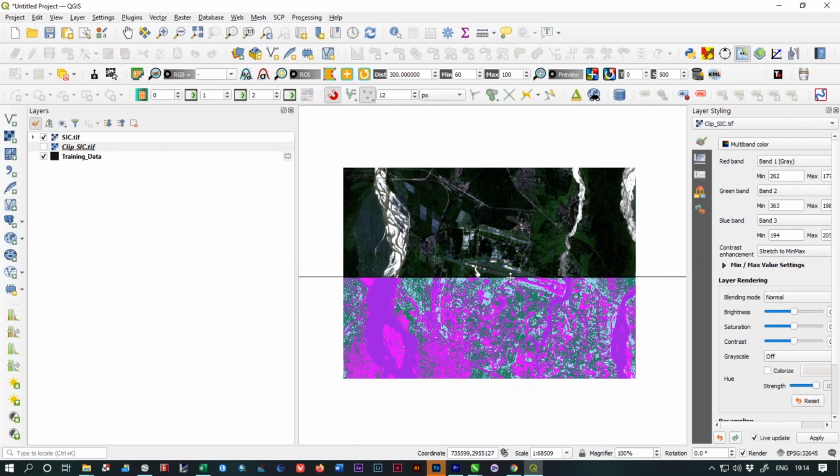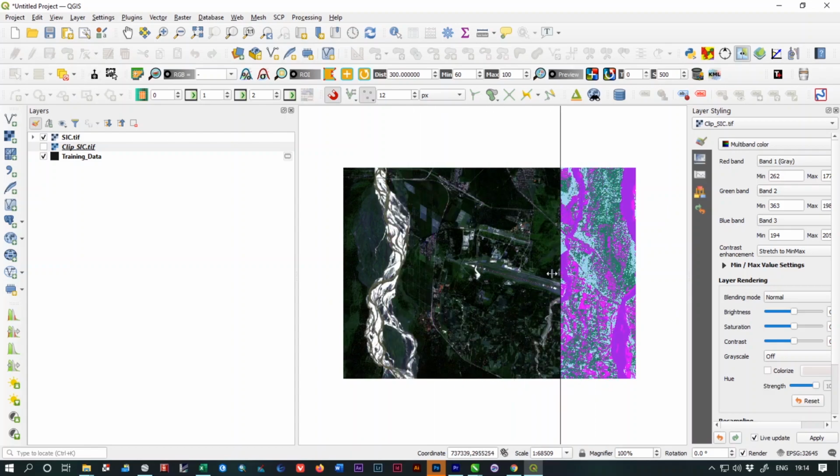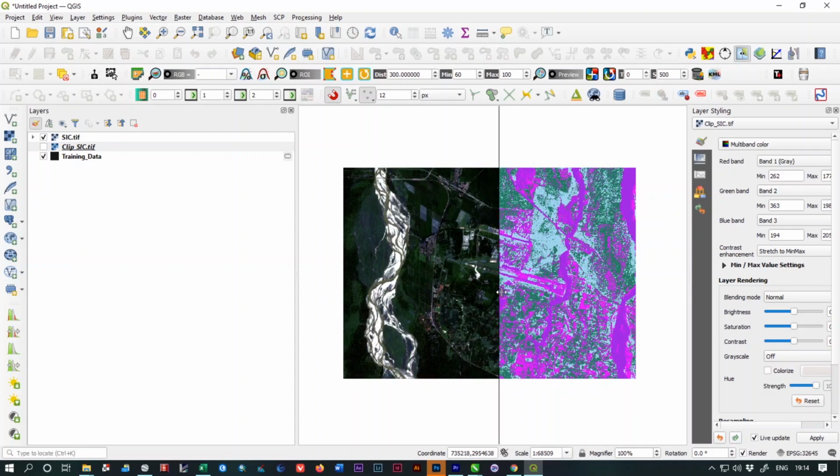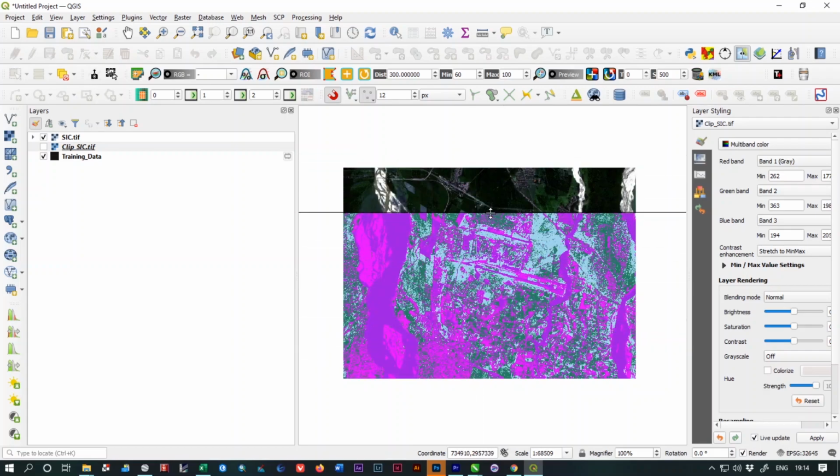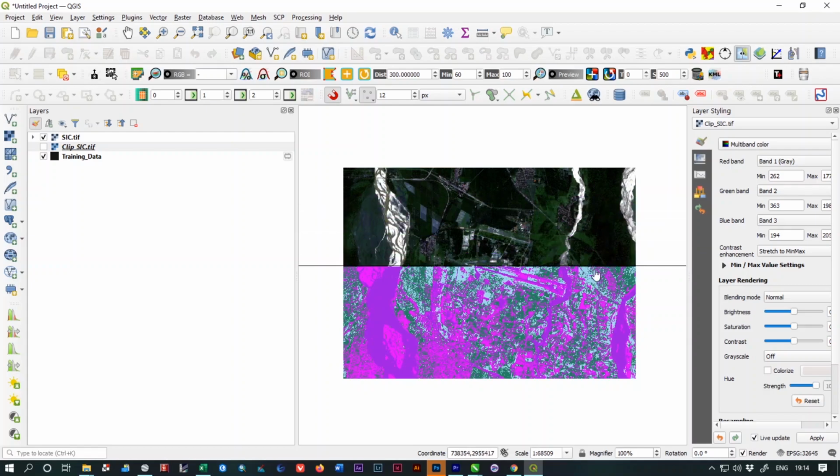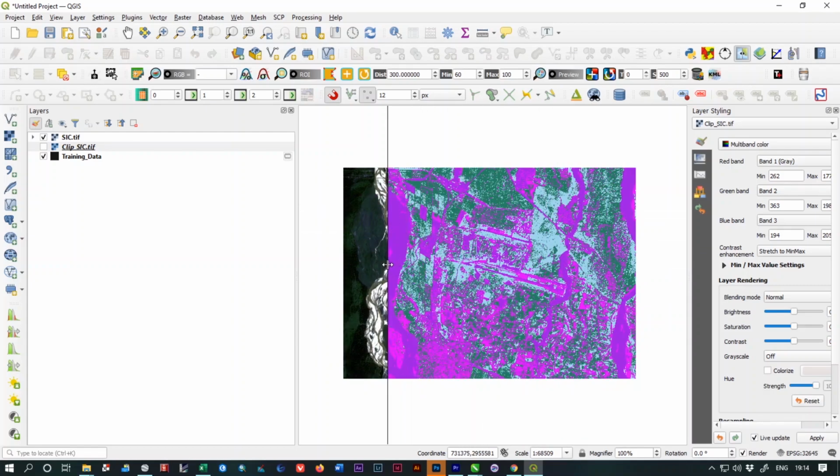But in the case of a raster file, make sure that the raster file is selected. You can swap from top to bottom or left to right, any direction you want. If you want to use the swap option from up to down, then move your cursor upside of your raster, and for right to left, move to the right corner.